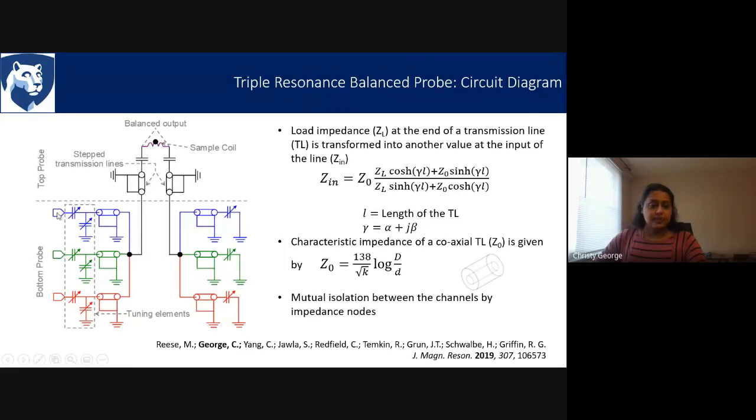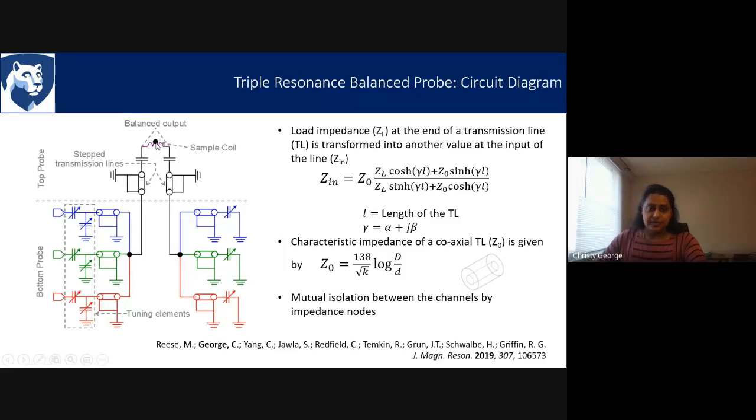Also, there is a chance that the power which you are giving here, instead of going to the coil, will go to the other channels. So our aim is for that not to happen. For that, we have to have these impedance nodes formed properly. If the impedance node is formed properly, when we give a power on a specific channel, that will come here at the center, but instead of going to those other channels, it will clearly go to the sample.